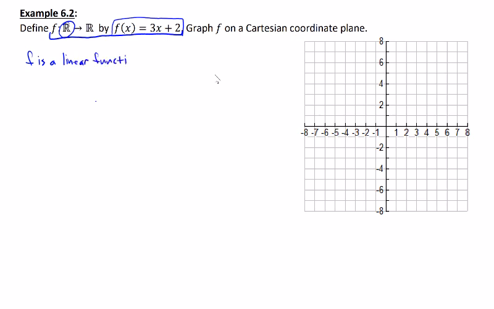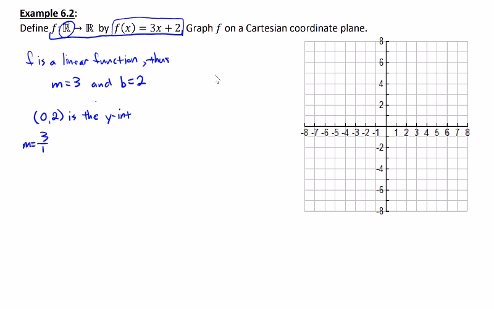One of the first things we'll notice there. And since it's a linear function, I should be able to identify the value of m and the value of b. So thus, we can say that m would be equal to 3, and b would be equal to negative 2. So what this gives me is an ordered pair located at 0, negative 2. This is the y-intercept for this particular function, and it also tells me that 3 over 1,